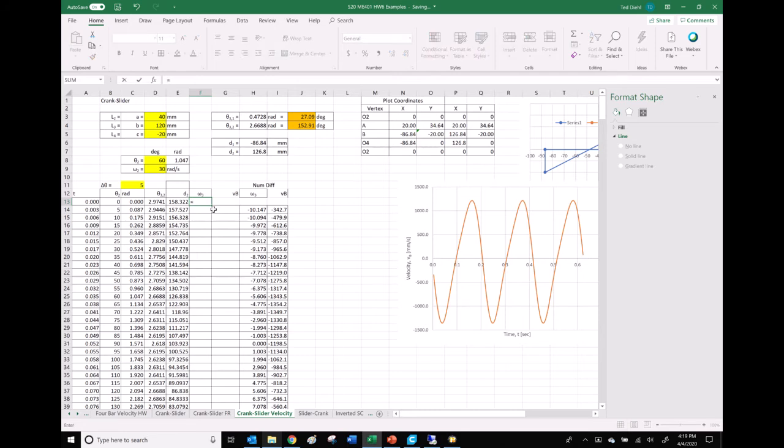So the equation for omega 3 is to take A, by the way, F4, make sure we put F4 here, multiply that by omega 2, also F4, and divide by B, F4, and now we're going to multiply that times the sine of theta 4 minus, I'm